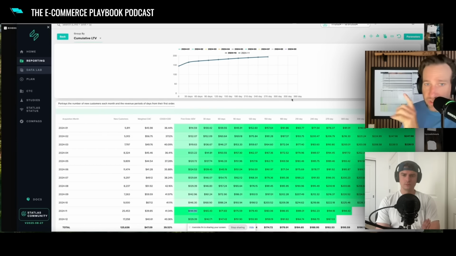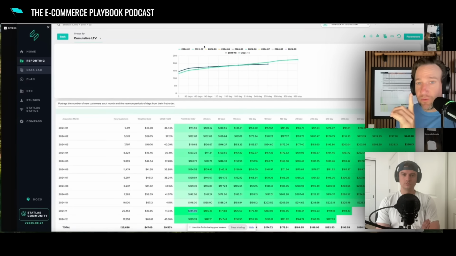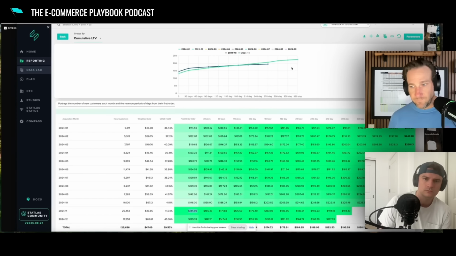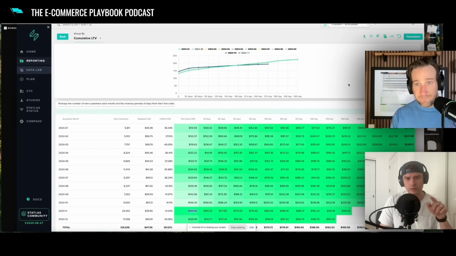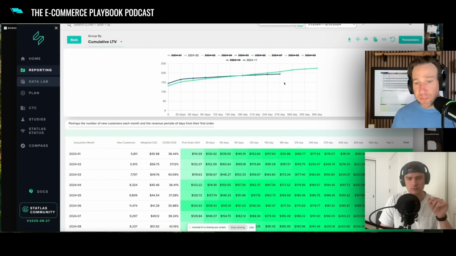But what happens is, if we look at the value over time, you see the slope of this line illustrating how much incremental revenue I'm getting over time, and we compare it to a different cohort. I just added in, for those of you watching on the video, the February cohort curve. So what do you notice, Richard, about this line versus the gifting one? The green being the February? Yep, green is February, blue is November. What do you notice about these? Well, the growth over time is better for the February cohort.